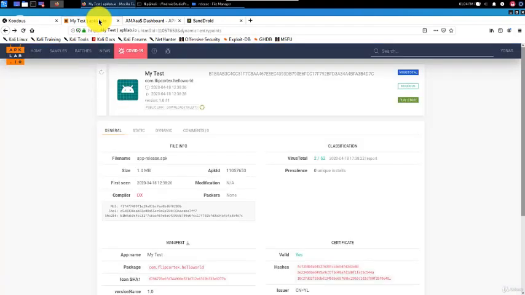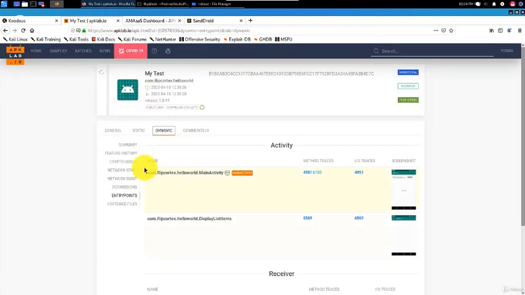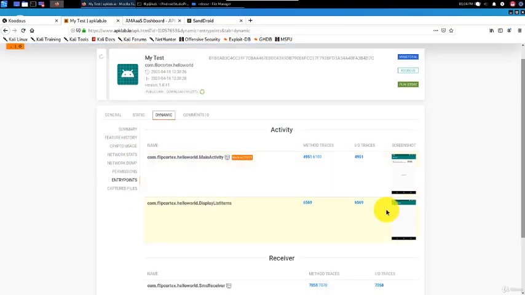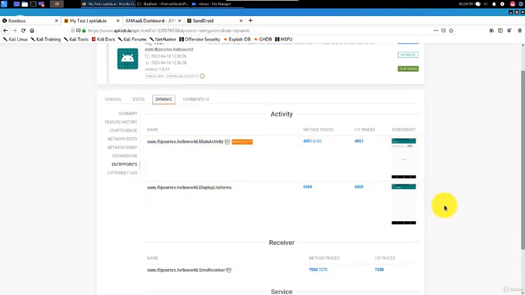There are also some other advantages. So for example, here you have no control over the interaction with the sandbox. Whereas if you set up your own environment, you can interact with the malware as the analysis is being conducted. So you can click buttons, log into websites or apps, run several apps, and so on. This is not always possible with online sandboxes since we have no control over the emulator or devices running the analysis.